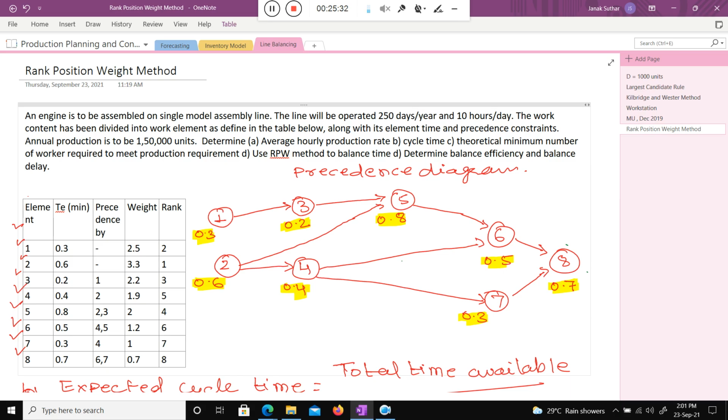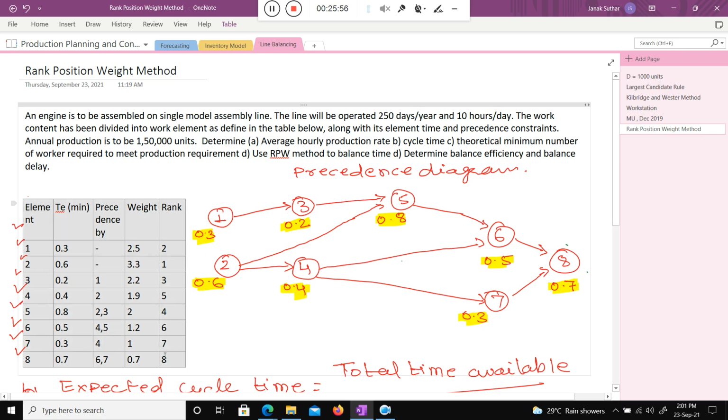So how to give the rank? Is there any doubt, class? On the basis of the weight you need to give the rank. If the weight is high you need to give rank 1, then for the second highest you will give rank second, for the third highest give rank third, like that. Is there any doubt how to allocate the rank, class? No, sir. Okay, good.